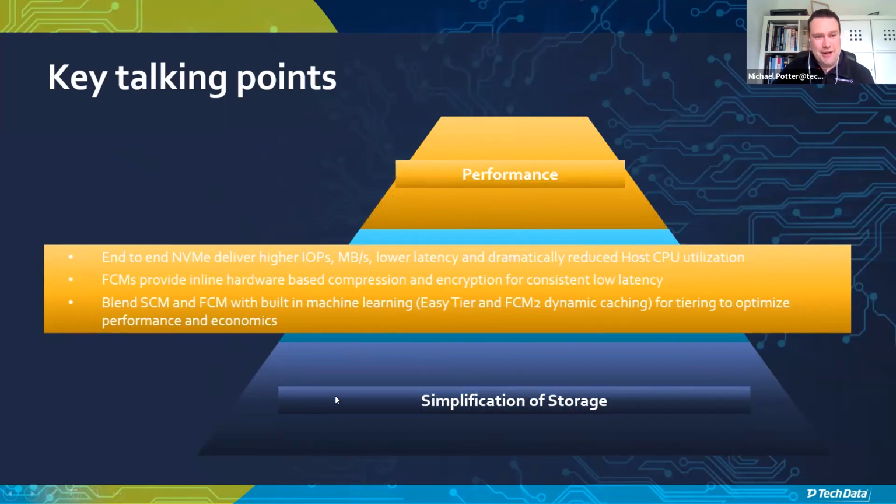Performance, getting closer to the top. As we know, these systems perform amazingly well. We've got FCMs, which provide in-line hardware compression and encryption, and of course low latency. Some of the performance out of these boxes is pretty amazing. Some of the performance numbers from the opposition show latency that seems to be quite high on some of them, which is kind of interesting. And of course, we have the option to blend FCM and SCM too. And as we get to the top,